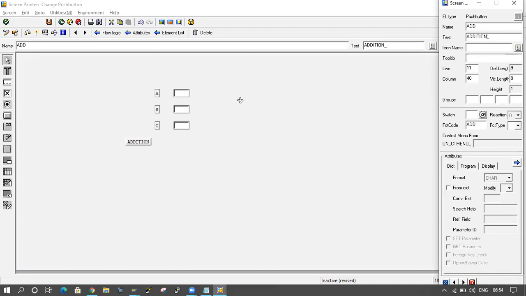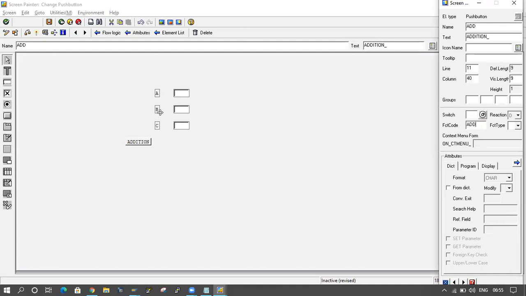Okay, the name is addition here, and the functional code is add here. So if you click on this button, automatically the system variable SY-UCOMM will contain the name add, the functional code.